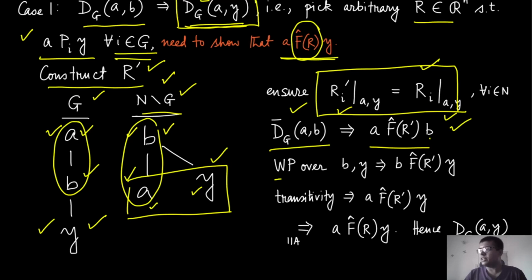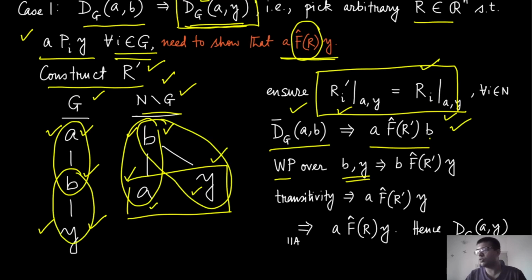Now we apply the weakly Pareto property over B comma Y. Weakly Pareto says that if you have a pair of alternatives, in this case B and Y, where every individual in this profile prefers B over Y, then in the final outcome B should also be strictly above Y. So now using these two properties together, we can use transitivity. A is strictly preferred over B, B is strictly preferred over Y, then A must be strictly preferred over Y. This is coming because of the transitivity of F of R prime, because this is an ordering after all. Now we know that between A and Y,